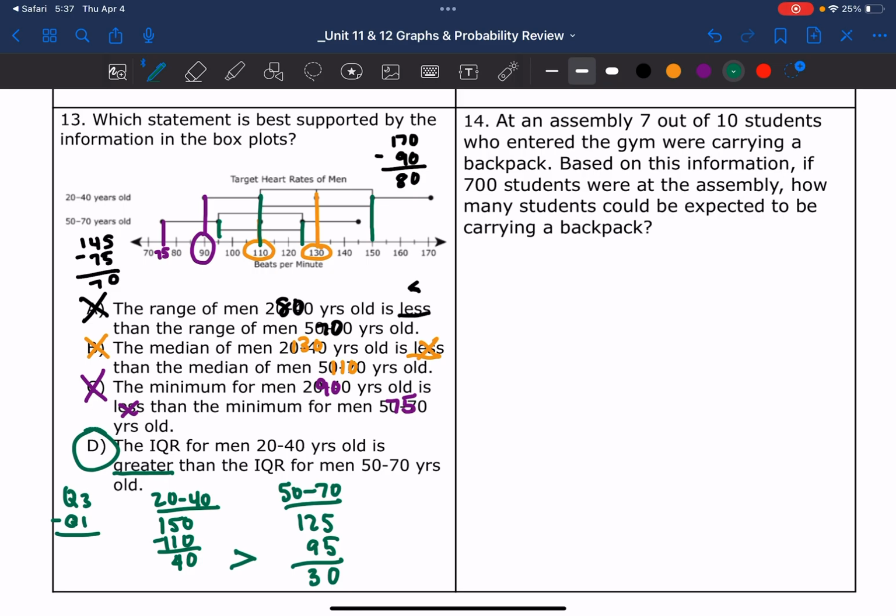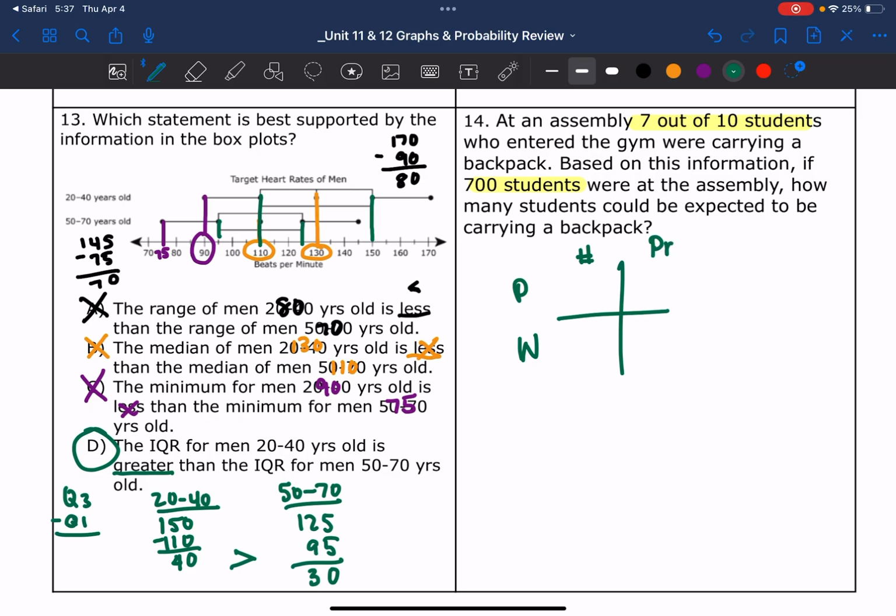All right, let's look at 14. At an assembly, 7 out of 10 students who enter the gym were carrying a backpack. Based on the information, if 700 students were at the assembly, how many students could be expected to be carrying a backpack? So this is a prediction question, but it's an easy one, okay? It's giving you the total. So remember, it's part to whole. It's the number out of